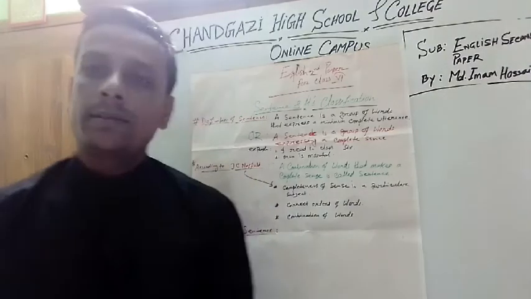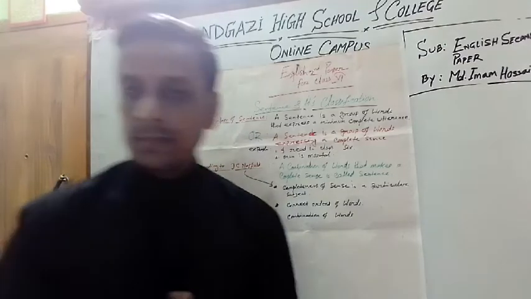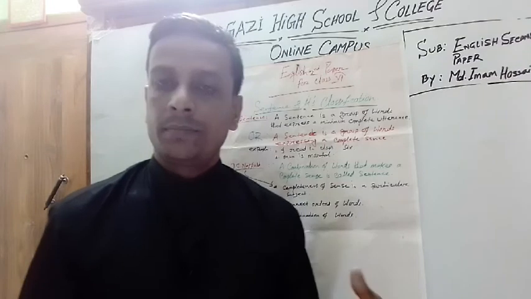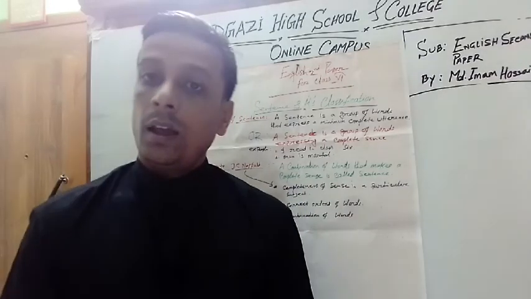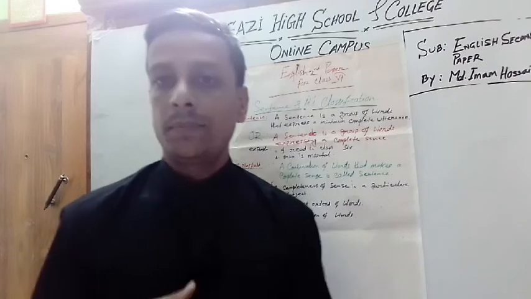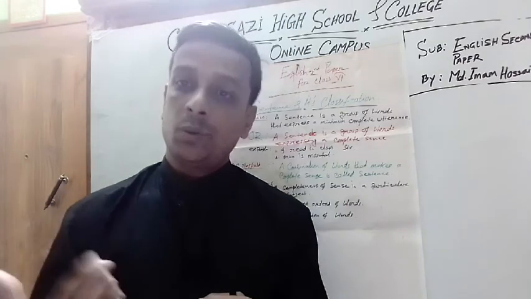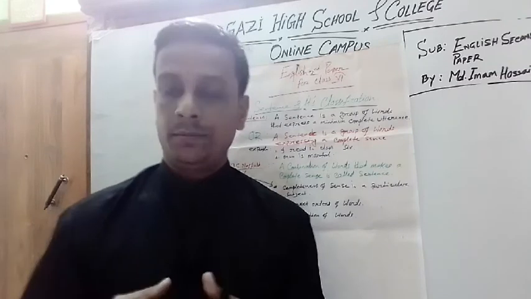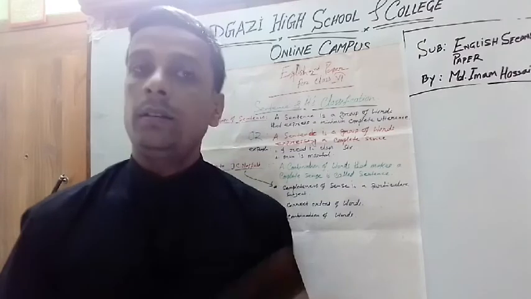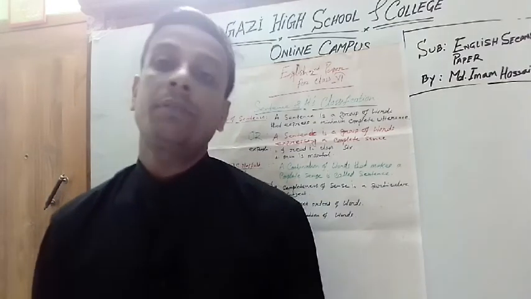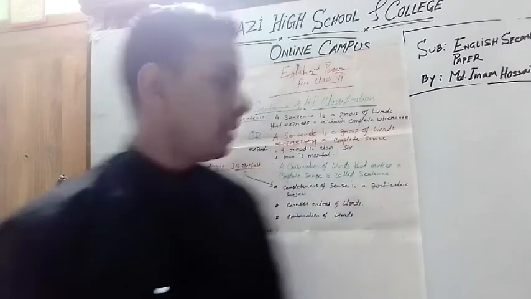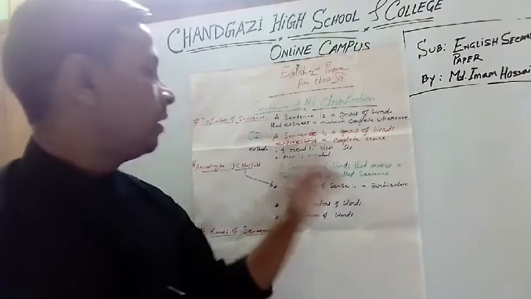Like, I read in class 6. Here, in "I read in class 6," five or six words are used together, and this group of words expresses a complete sense: that I am a student of class 6. Whenever I utter these words in front of my opposite person, that person thinks that yes, he belongs to class 6. That means he is a student of class 6. So I have to express my feelings and thoughts very clearly to the opposite person. Such a group of words is called a sentence.